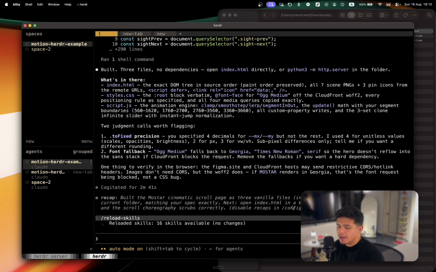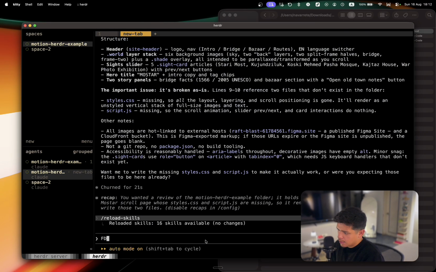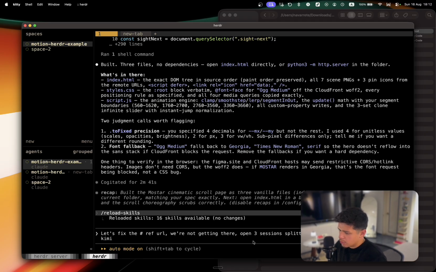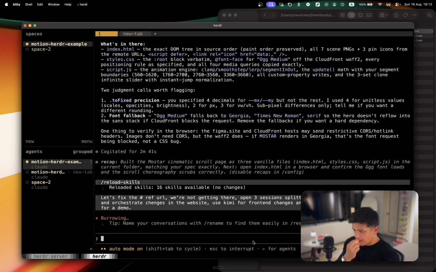So basically, if we had the skills loaded, we are able to use the CLI to split panes or start new agents, and this complements really, really well with OMyPy because OMyPy switches between models. This means I can start an agent for Kimi or for Claude or for Grok. Fix, I have it here. Yeah. Open 3 sessions, split it, one with Grok, the other with Kimi, and orchestrate changes in the website. Use Kimi for front-end changes and use Grok for other changes. This is for demo. And then this agent will use the herdr skill, hopefully, and orchestrate all these changes using